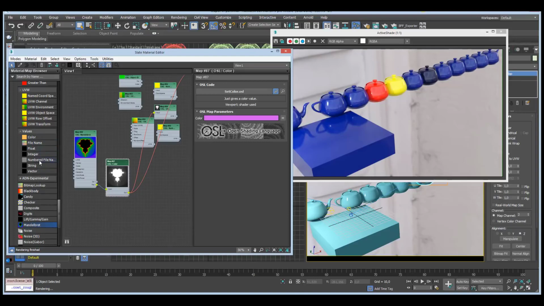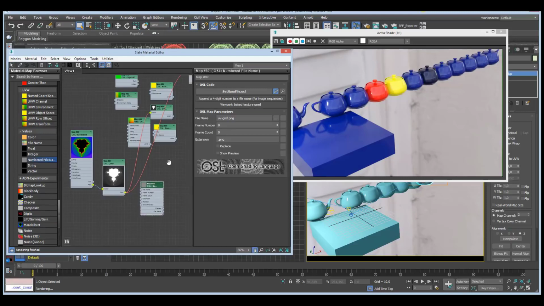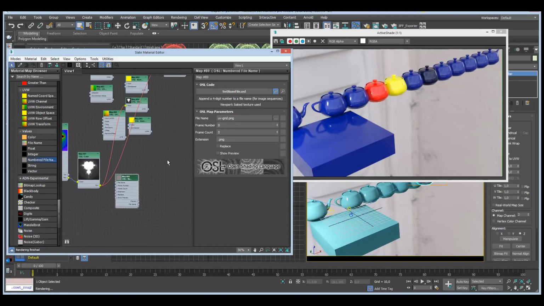And then we have a final interesting one, which is a numbered file name. It takes a base file name and the frame number,